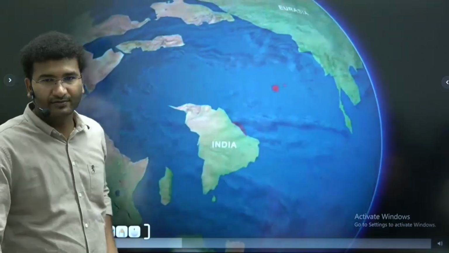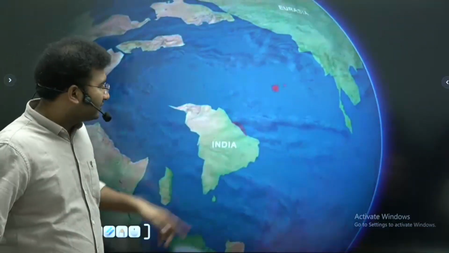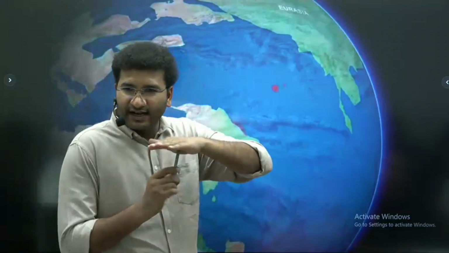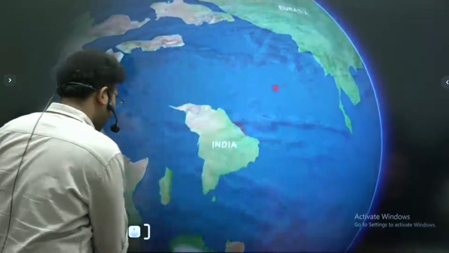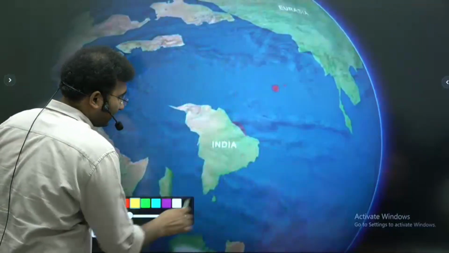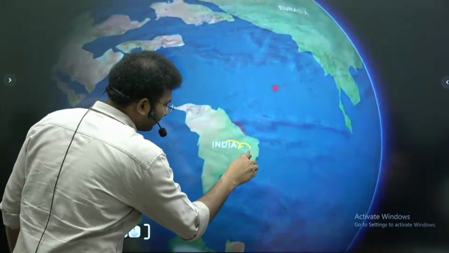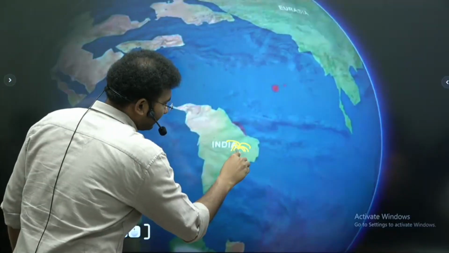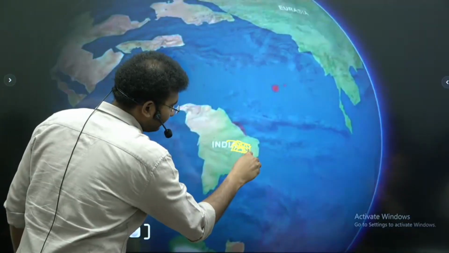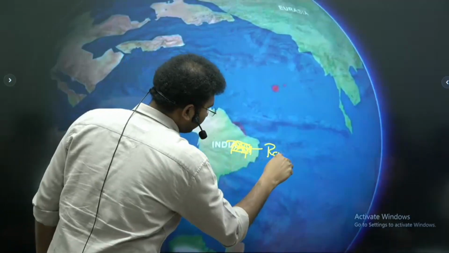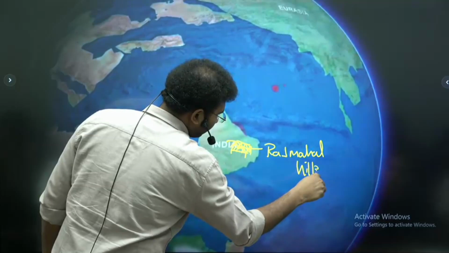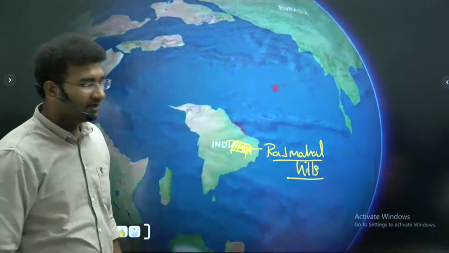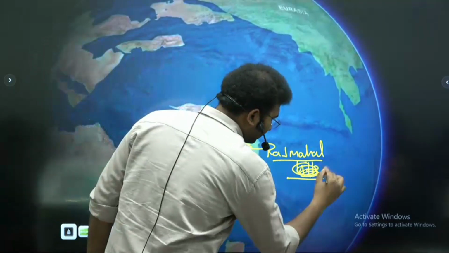Imagine this is the hotspot, right? So this hotspot, will it not puncture the landmass and then come out in the form of volcano on either sides? The first set of puncture happened and it started to pour out here on India. And this turned out to be Rajmahal Hills, or it is also called as